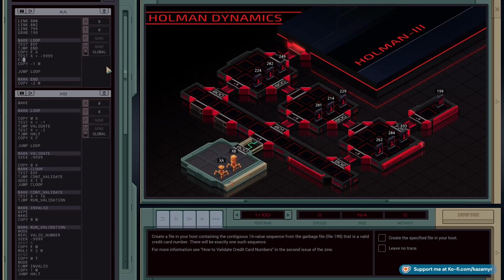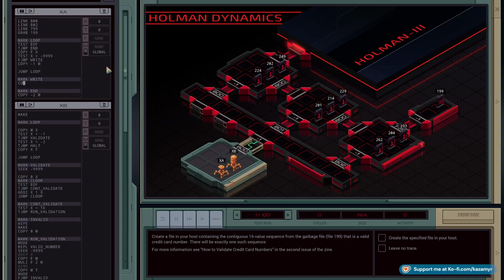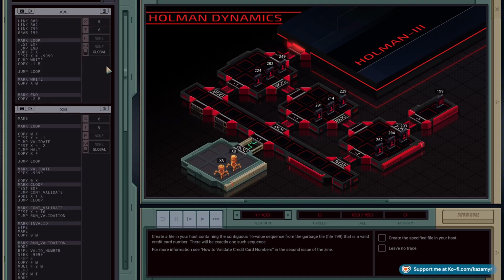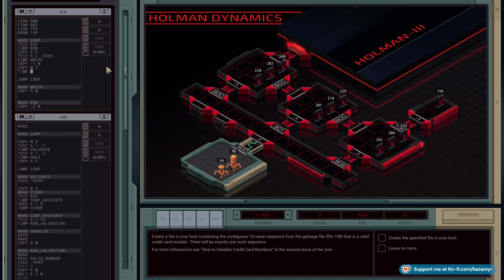F jump right. So down here, we've got to mark right. We're going to copy X to M. And then, yeah, that copies negative 1 to M, which means to validate. So we're going to copy M to T, and we're going to T jump loop,